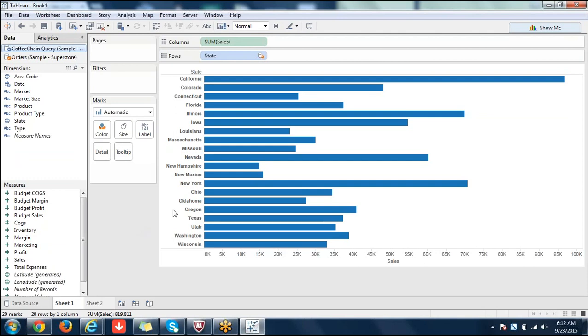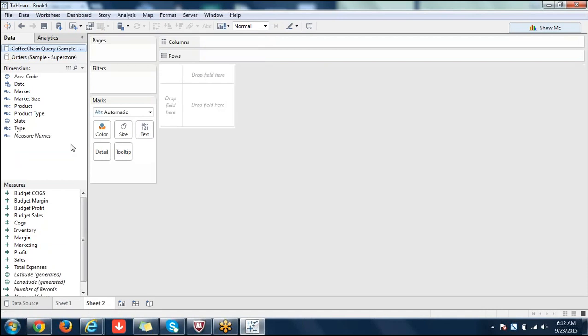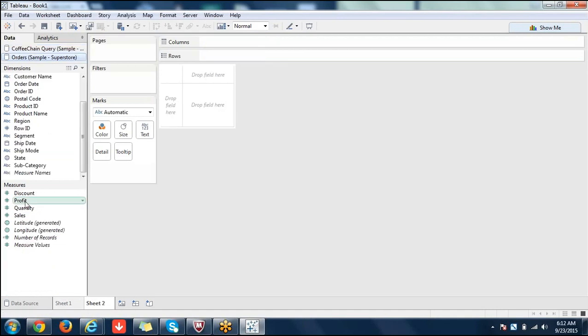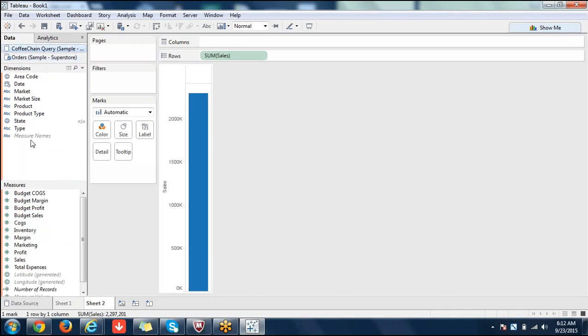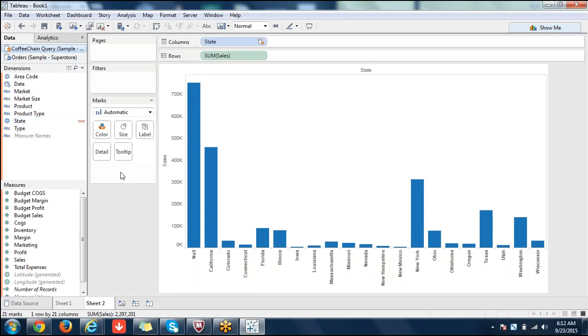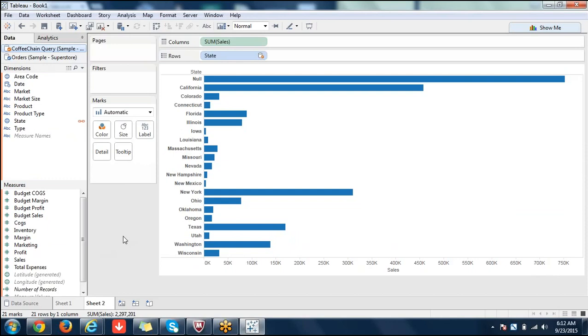Okay, so these are states from Superstore. Please remember that it's a secondary data source here with the orange check mark. Similarly, I will do the same thing, and this time I'll pull states from coffee chain. Now just to see how many states there are. Apart from that, nothing else. You see that? So are you seeing anything different from the previous one?